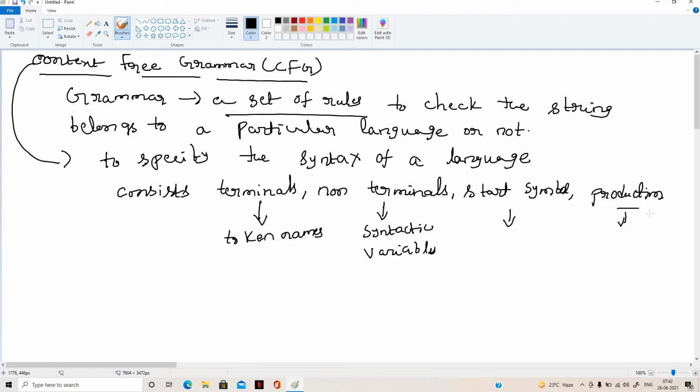Terminals may be keywords like if, else, and for, or braces or brackets. All these we call terminals. Non-terminals, as I already said, are syntactic variables.